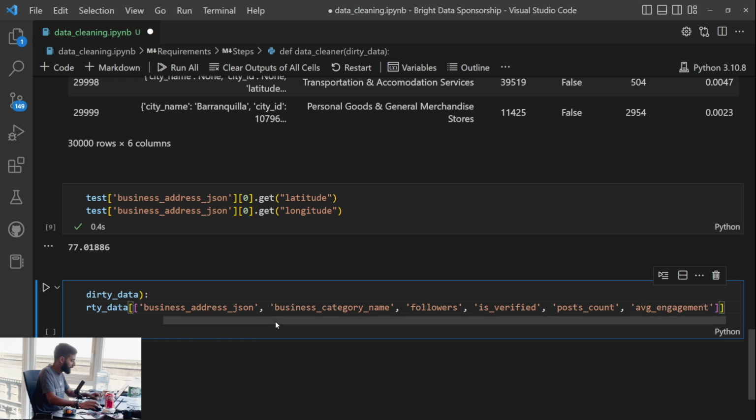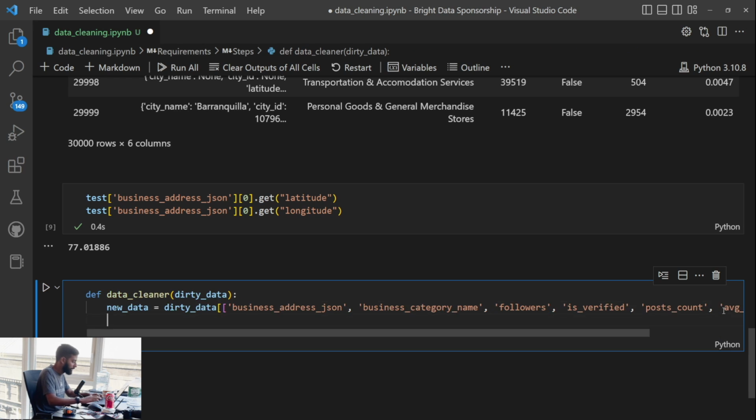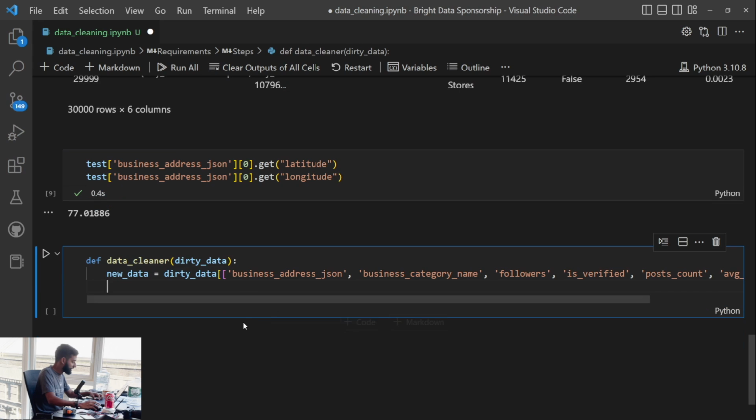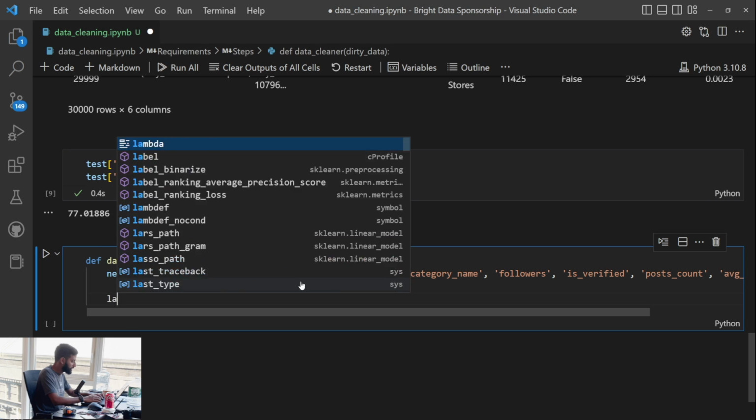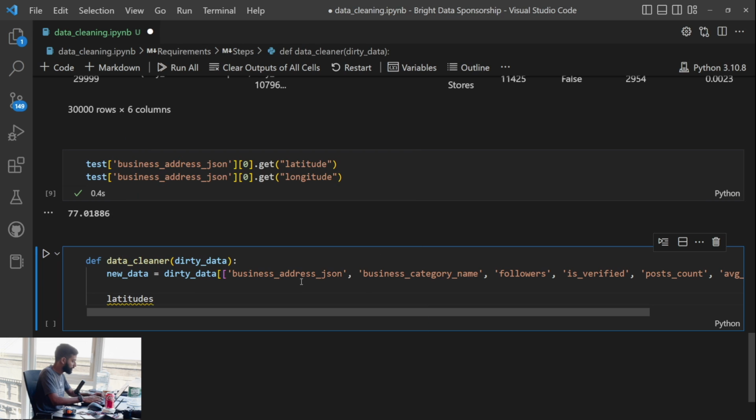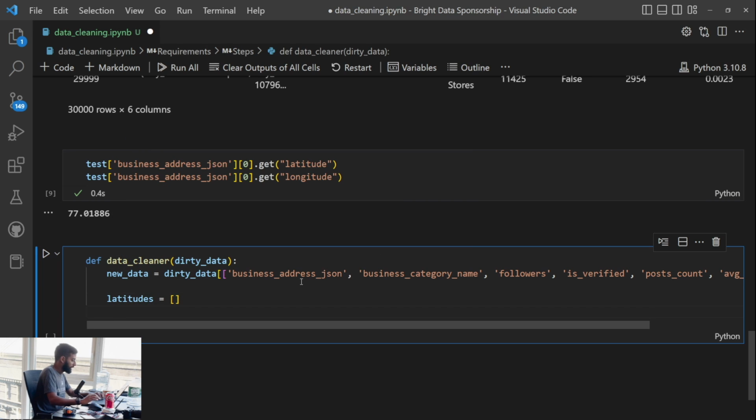So we'll limit the columns like that. Now we have a data frame called new data, which will be just those columns. And then I guess I'll just create two lists. So we will have a list, and we'll call this latitudes. And that will be,